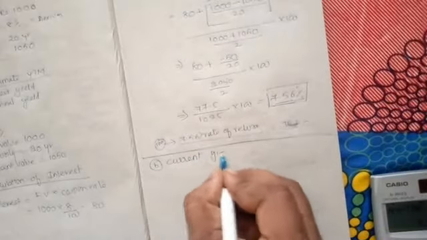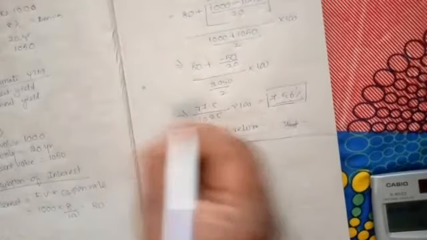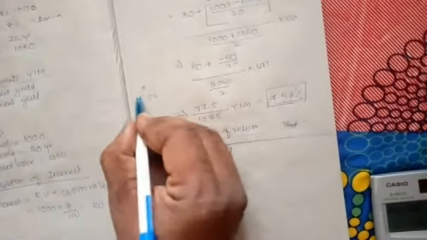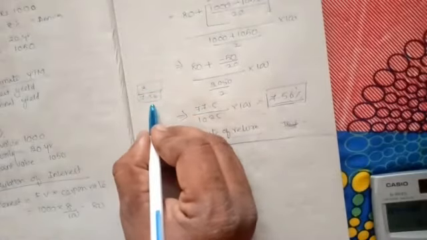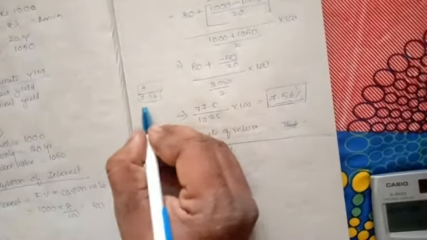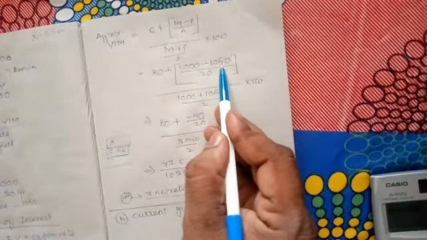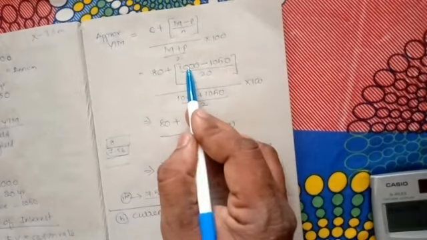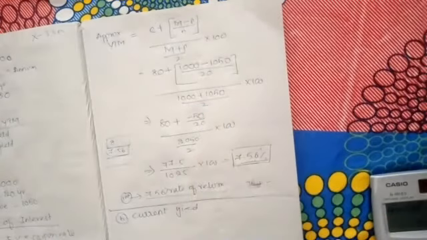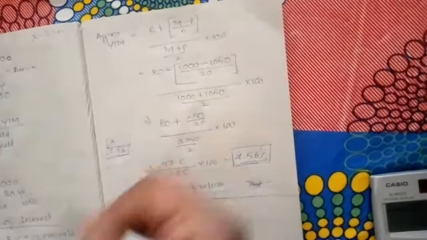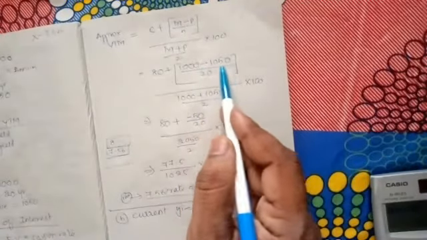Next is, what is the current yield? See, you can see here our interest rate is 8%, but we are getting only 7.56. Why are we getting less than our interest rate? Even though he is paying us 8%, we are getting only 7.56. Because we have purchased the bond at a premium. The face value of the bond was 1000, but we have paid 1050 here, because of huge demand, or because it is paying more interest in the market, or maybe any other reason. That is why we have paid 50 rupees extra.